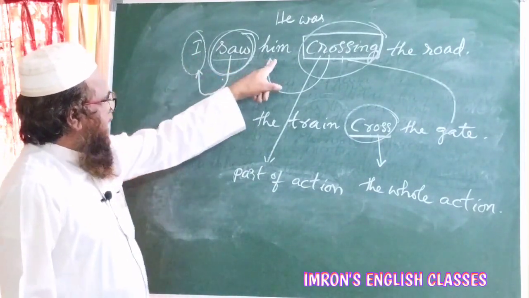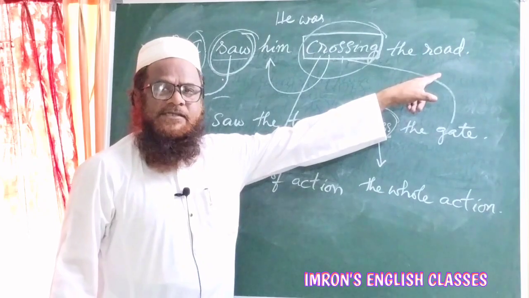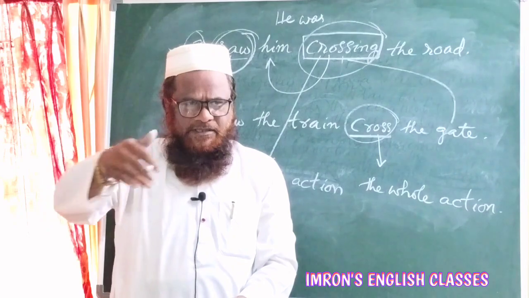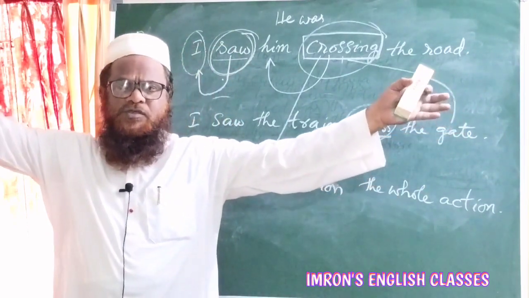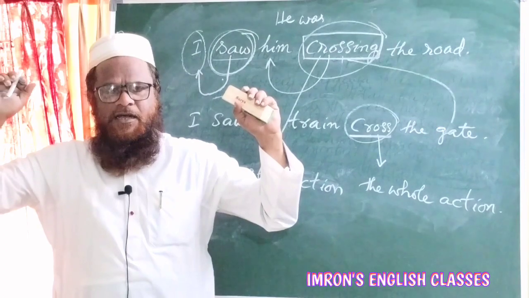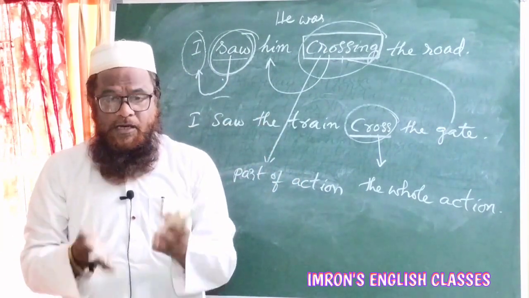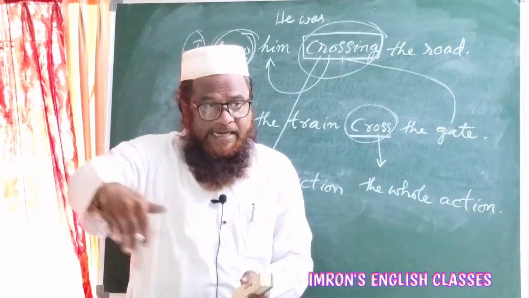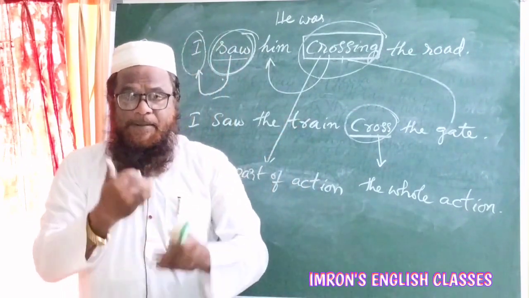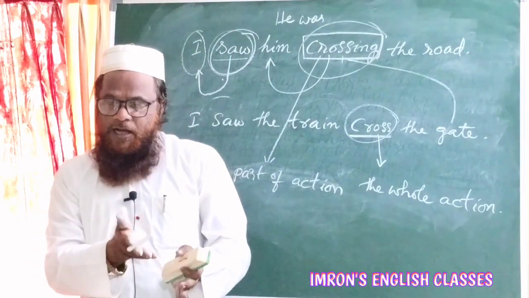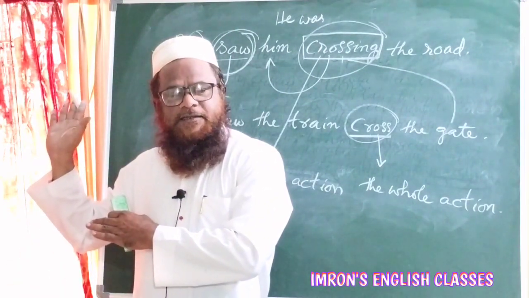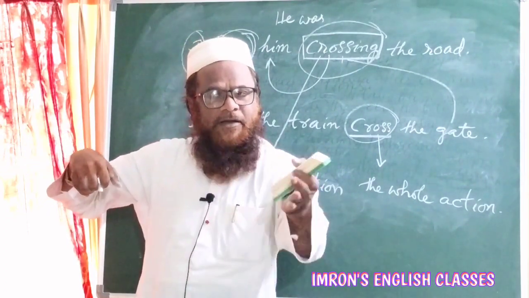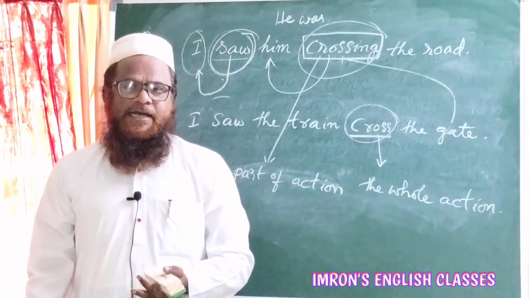I saw the train crossing the gate. It means I stood before the gate and the train was crossing. It was a very lengthy train, a goods train. I was in a hurry to go, so I could not wait till the train crosses. When the train was still crossing, I was impatient to wait till it crossed, so I went back. Then on the way, some other person might ask me, what happened? Why are you coming back? Then I say,